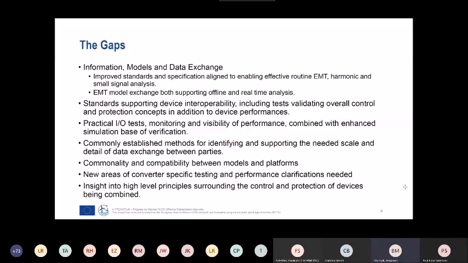We have commonly established models for looking at the needs for data that we need to develop. So how much of the network does a TSO need to exchange with a user? How much information does a user need to exchange with a TSO in order to give the compliance validations we currently have